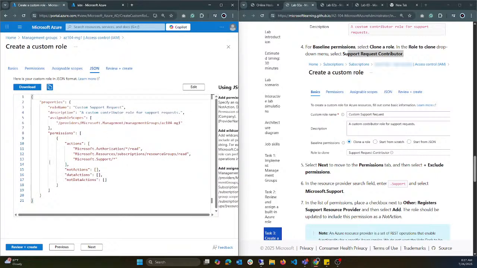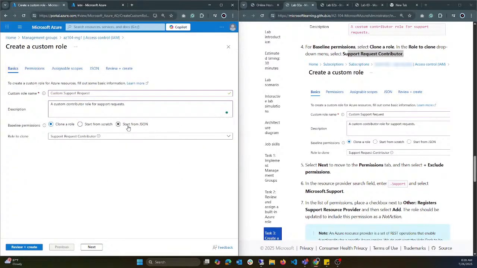From the JSON, you're going to see almost the same thing. You can see the assignable scope. You can see the role name that I've put in there. You can see the description. You can see the actions. So I'd rather just start adding from here instead of adding it from the other side, which is fine. You can also download this if you want to do this and upload it later, just like what this says, that if you want to start with JSON,